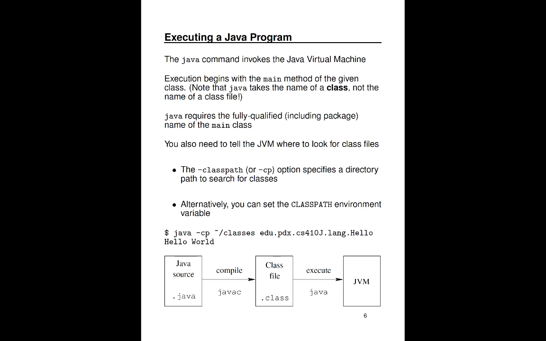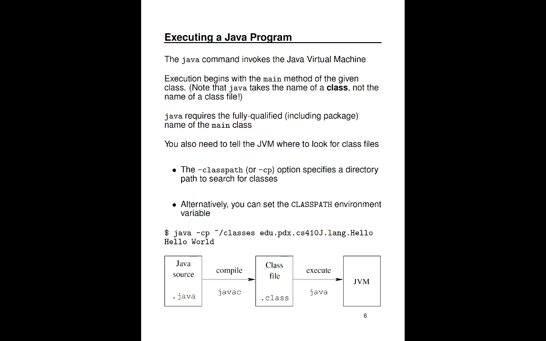The Java Development Kit also includes an executable called java, and this is the thing that invokes the Java virtual machine and runs the main method from some class. When you provide the name of the class whose main method you want to run, you provide the fully qualified name of the class. So for instance, our hello world is